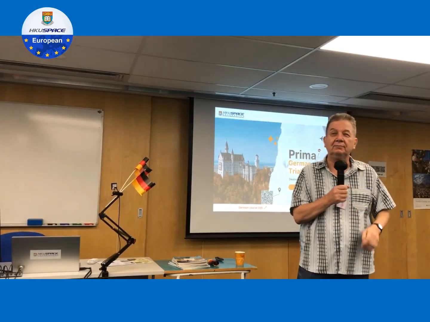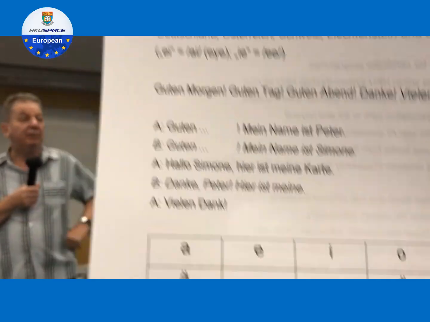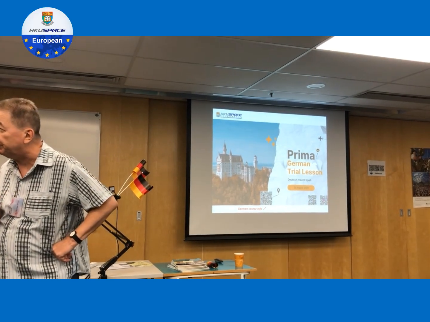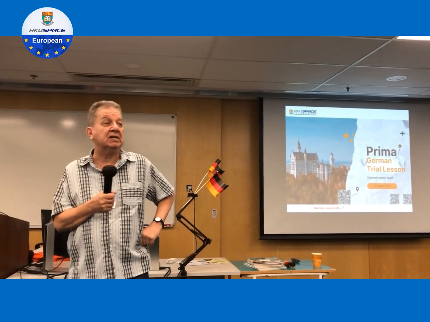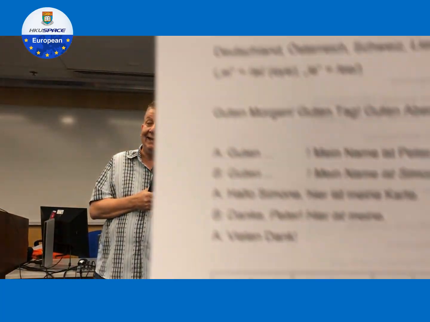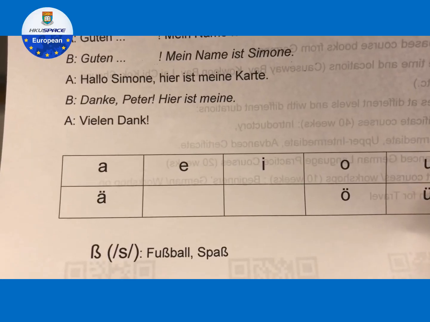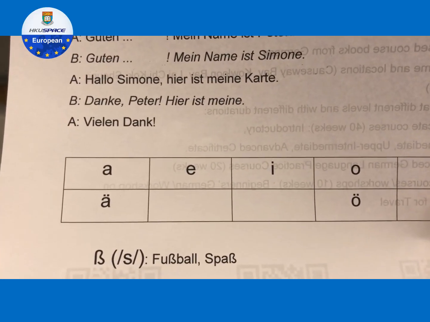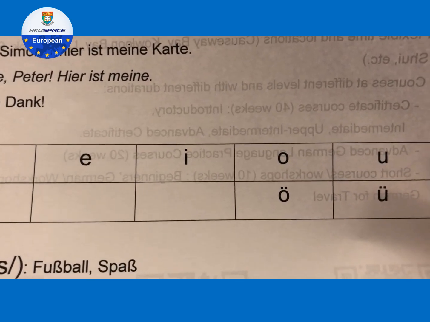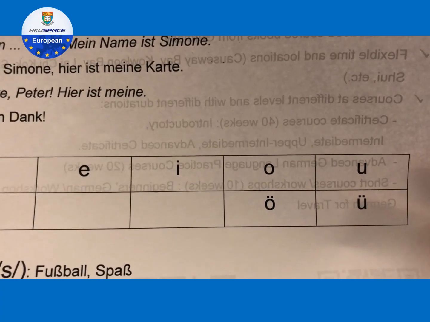Now let's have a look at the vowels here, and we read the first line together. A. Yeah, A is always A. It can never be anything else. The vowels are always pronounced the same, right? In German, not like in English. So the first one is A. Cannot change. The next one is E. It's always E. Cannot be A or anything else. And the third one is I. It is always I. The vowels are always pronounced the same.